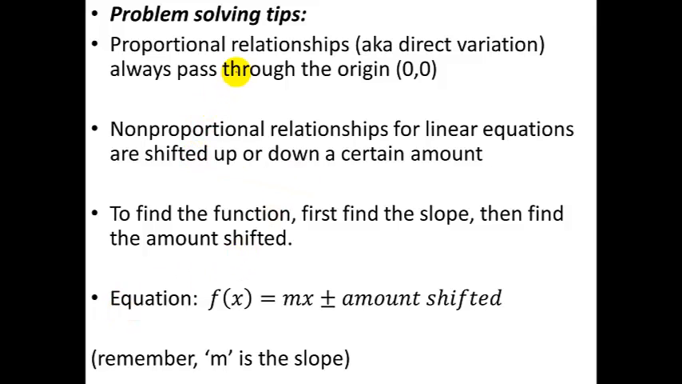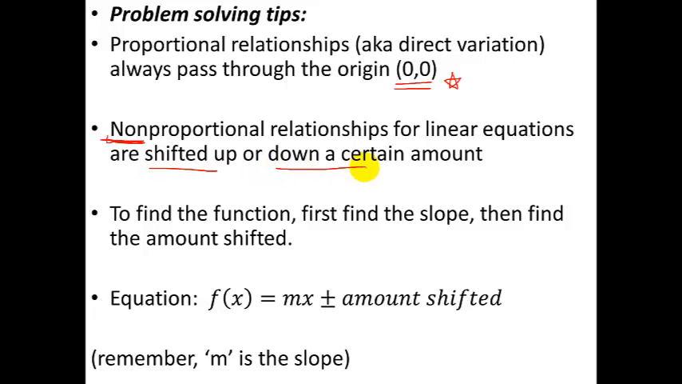Problem-solving tips. Proportional relationships, aka direct variation, number one, always pass through the origin. That's critically important. If you have a line or a relationship that doesn't pass through the origin, it cannot be a proportional relationship. Second thing is, for linear equations, the non-proportional relationships are going to be shifted